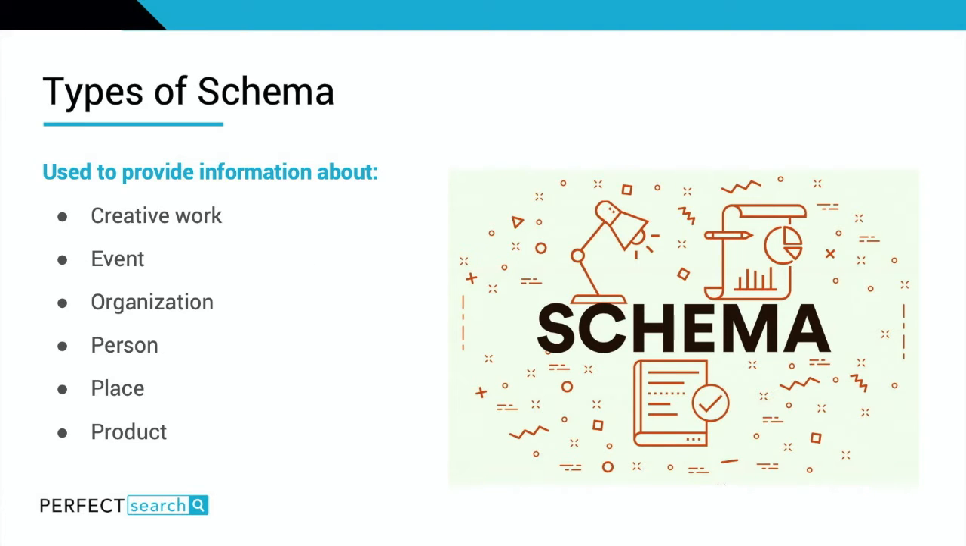So there are very many different types of schema. Some examples: schema can be used to provide information about a creative work, who's the author, what's it about, etc. An event, what time is this event happening? Are there tickets? What's the price of the ticket? And more. Organization schema that will provide more information about a company or an organization. Person schema that provides more context about a person, as well as place, product, and many more. There are hundreds of types of schema, but finding the right schema for your page can help improve readability for